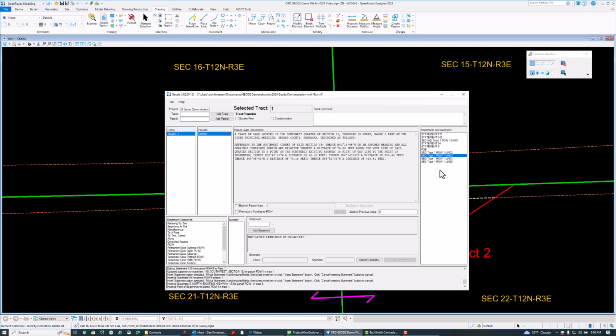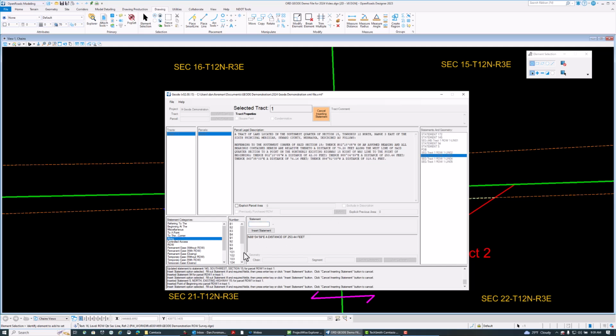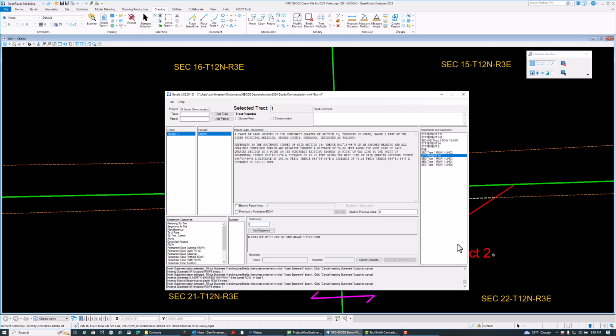So I'm going to do an insert statement, and I'm going to go to my along. In this case, I want statement 94, so it's along the west line of said quarter section. That's where we're at, and I don't need to type anything in, so I'm going to go ahead and insert that. So we have our to the point of beginning, then we go north a distance along the west line of